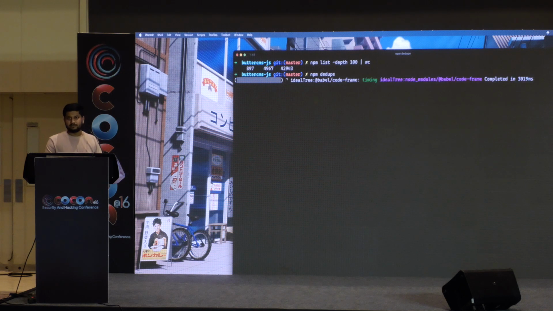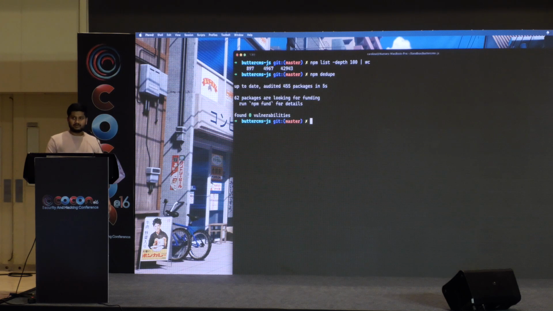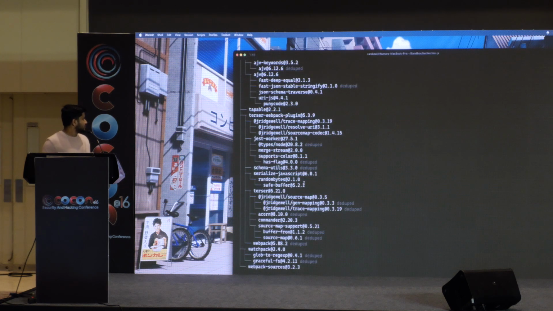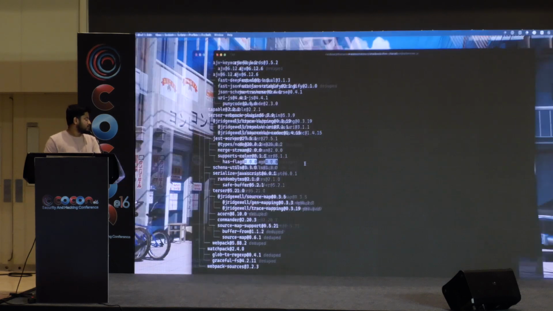It goes through the entire dependency list, and it tells you, okay, these are the duplicates. If you see here, let's make it 5 so it's easy. If you can see in the list, these are the deduped packages. So now when we do npm update, it will update the packages, and it will bring them to the minimum version at which all the packages will work together in synchrony.